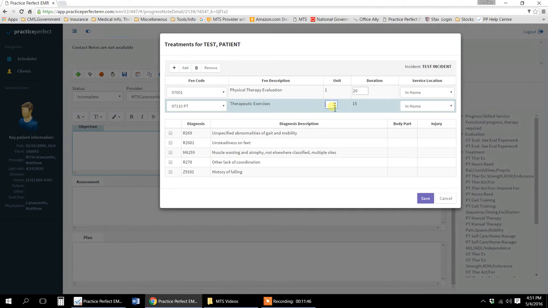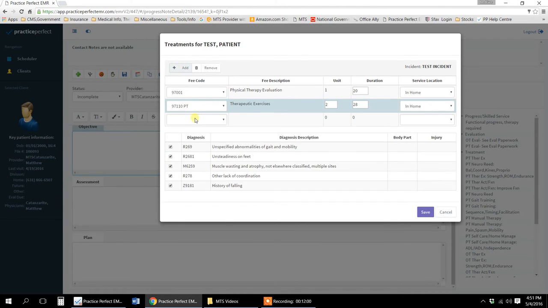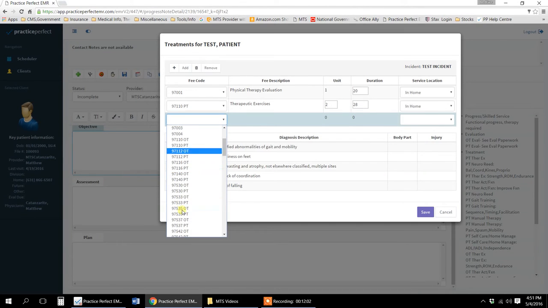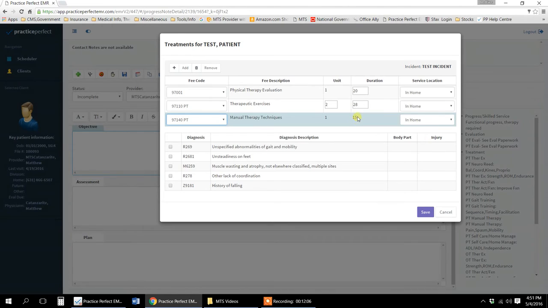Maybe I did 2 units of Therex. And then I would, of course, need the corresponding time. Maybe it's 28 minutes. Then I go down here and I check off the codes again. Then I add another code. Maybe I did manual therapy, which is 97140 PT. And I'll leave that as 15 minutes. I'll check off my boxes,